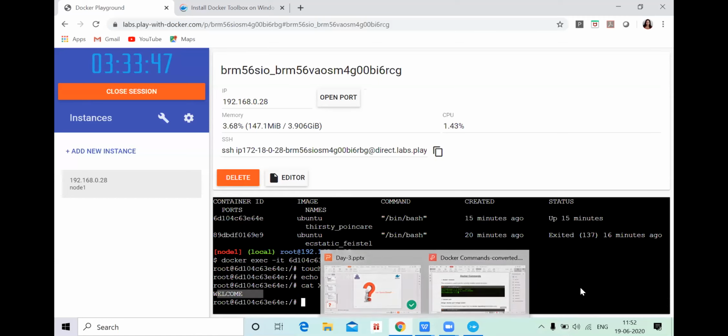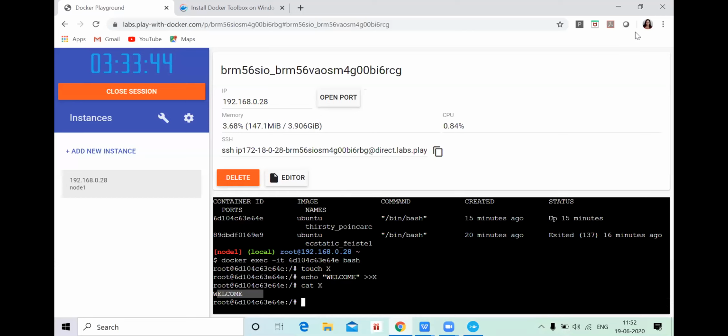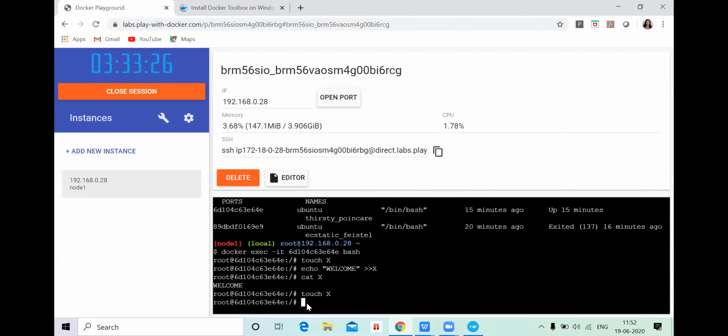Now let's quickly write one more program in a simpler way. Touch. There is a difference between touch and cat. The touch command will be used to create the file with empty contents, and the cat command will be transferring the contents inside your file. Quickly, we are writing one more simple program. Touch X, FDP, echo FDP on Docker.